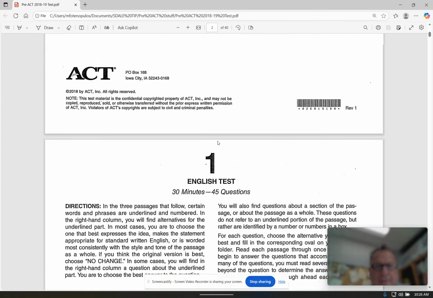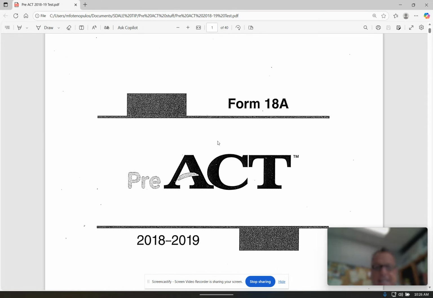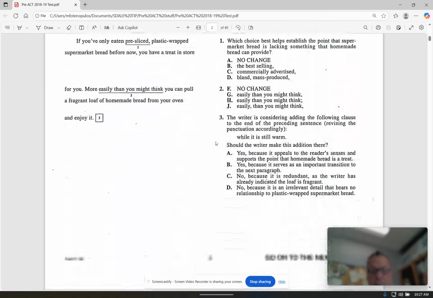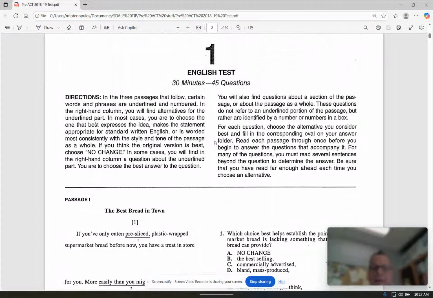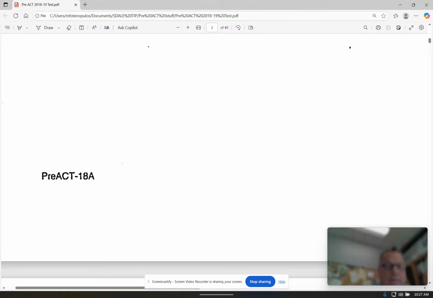Hello students, today I want to talk about, this is an old pre-ACT exam. It's form 18A, and just for knowledge that you want to have for later on, every time you see an ACT exam that you can find online or whatever, you'll notice way down here in the bottom there it'll have